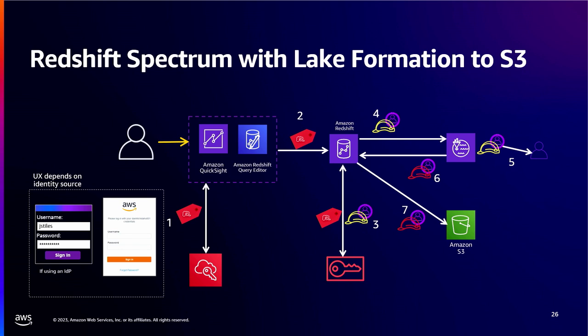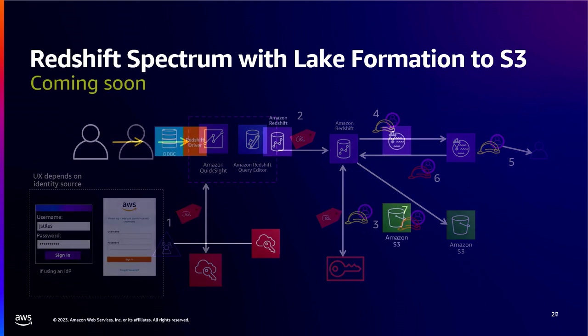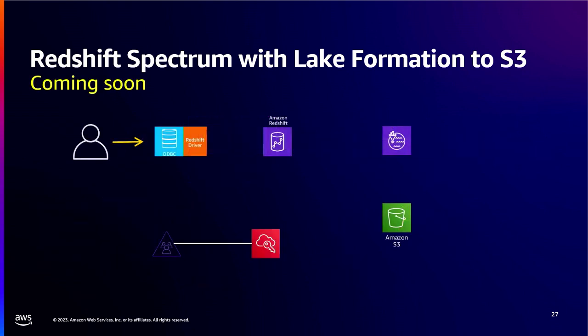So it just processes based upon the permissions that were in the role that was handed back to Redshift from Lake Formation, and the user gets access. And during that process, along all these steps, we see the user who signed in being logged with all the actions along the way. Make sense? Okay. All right. Now, another coming soon is we have applications that are outside of AWS that want to authenticate